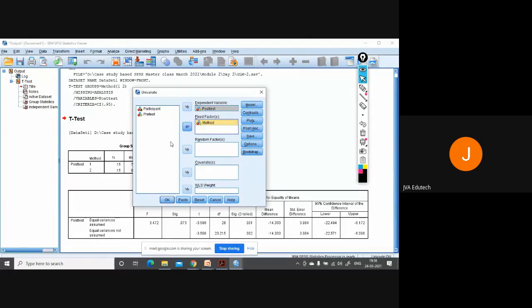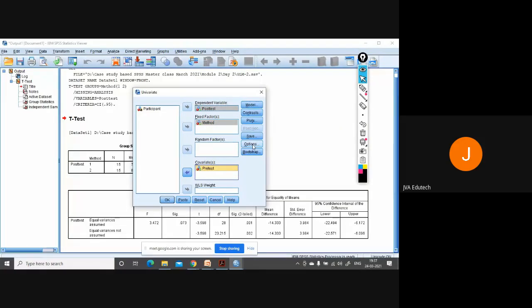This is the factor we want to measure. We don't have any random factors. And the covariate, which we want to control, is the pre-test, meaning their initial quantitative ability. Now we have selected our dependent variable, predictor variable, and covariate.